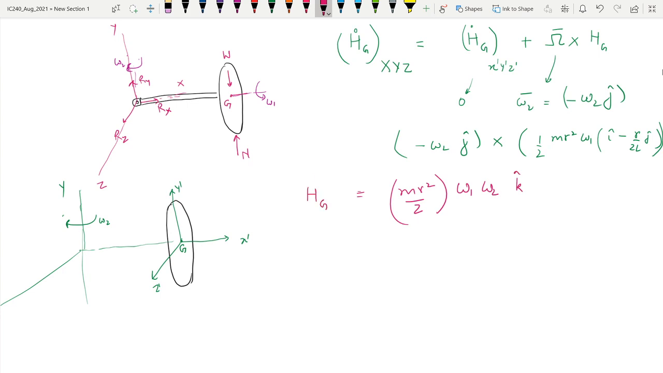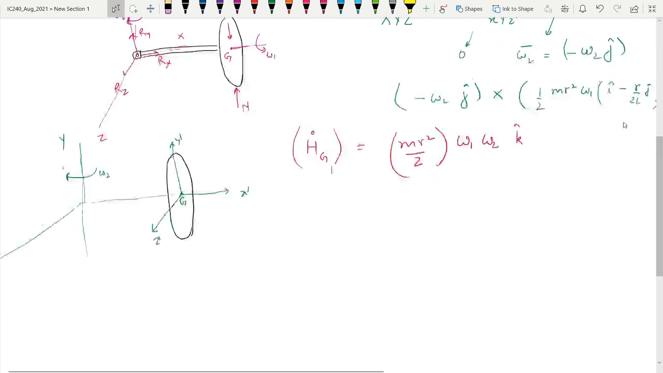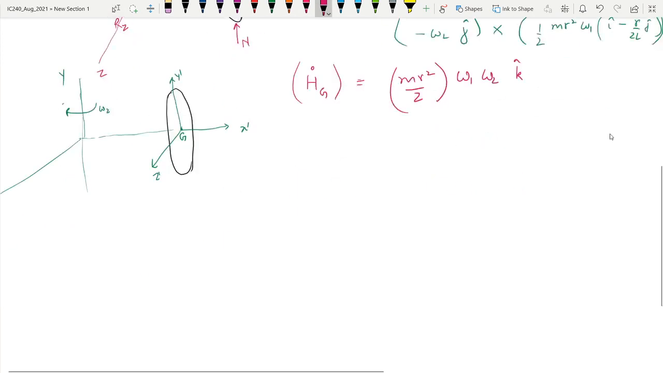So now we can see that the rate of change of angular momentum, and needless to say that it is with respect to the fixed frame, is equal to, so the rate of change of angular momentum of the center of mass is equal to m r square by 2 times omega 1 times omega 2. So therefore this disk is having an angular, so if I draw this disk again,